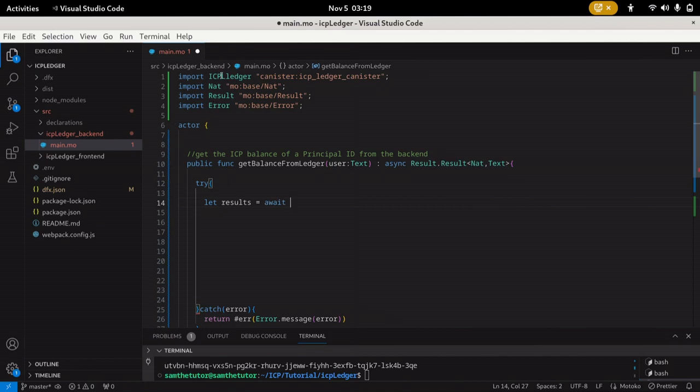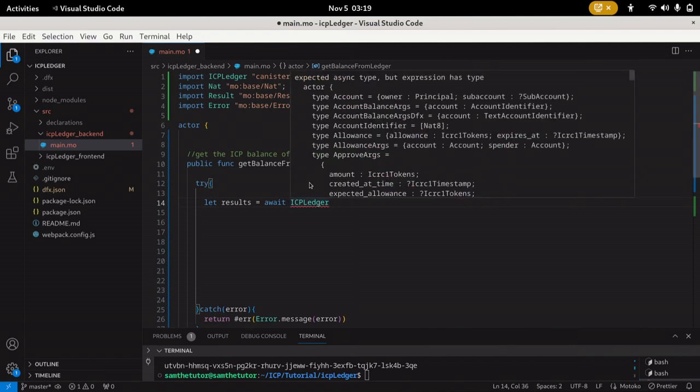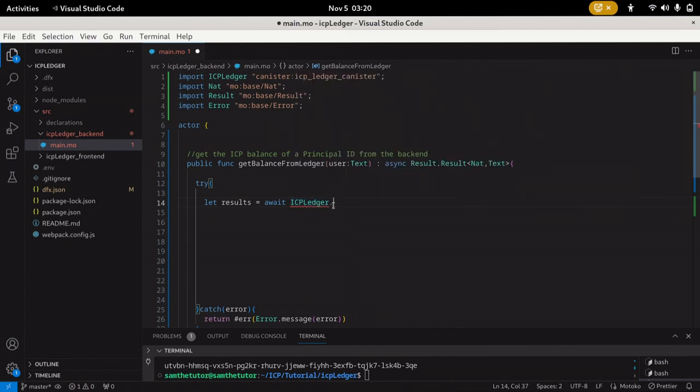So I will actually first edit this and copy our canister name. Actually, we want to use the ICP ledger to check the balance of the user, and so that's why I'm using it here. So we just put dot